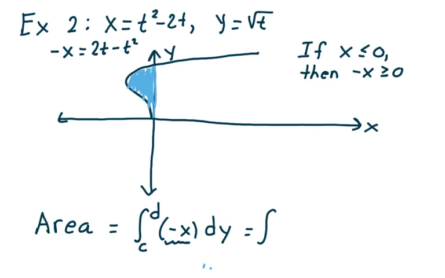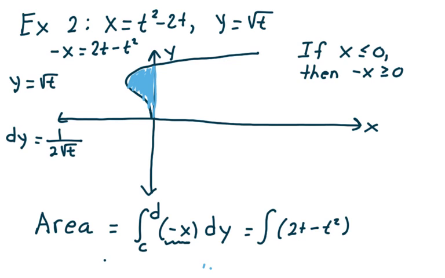So we're going to integrate 2t minus t squared. But remember, y equals the square root of t. So dy is 1 over 2 square root of t dt. So I'm going to replace dy with 1 over 2 square root of t dt. Now, we need to find our limits